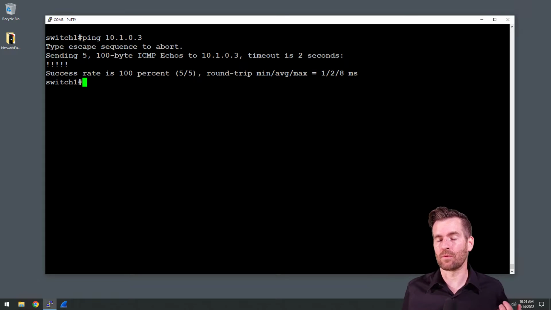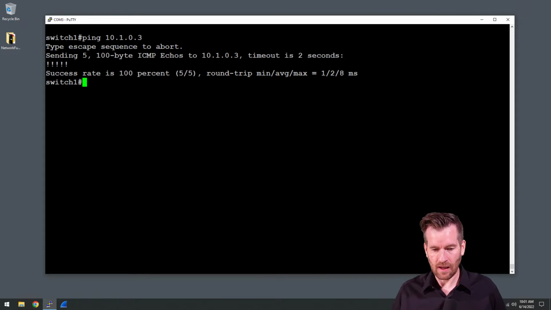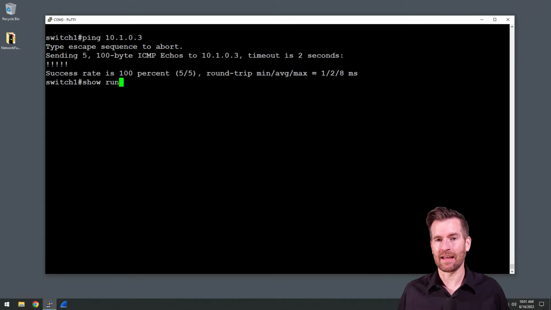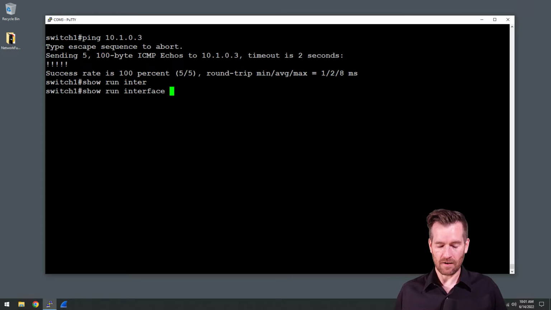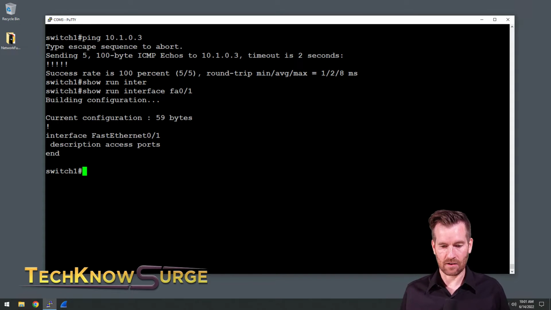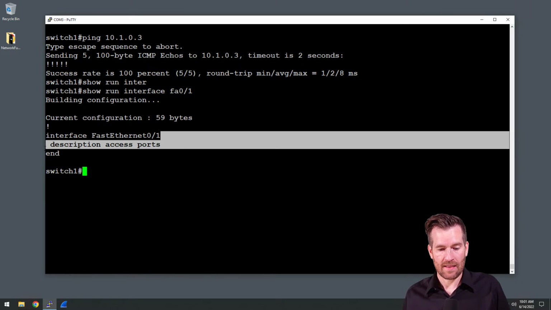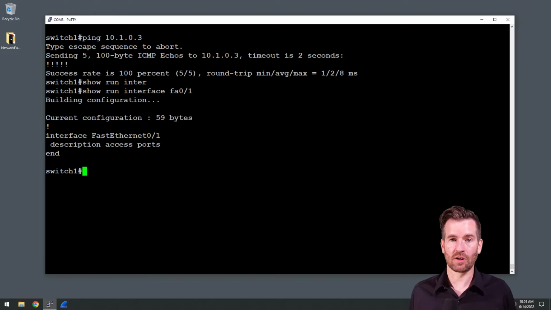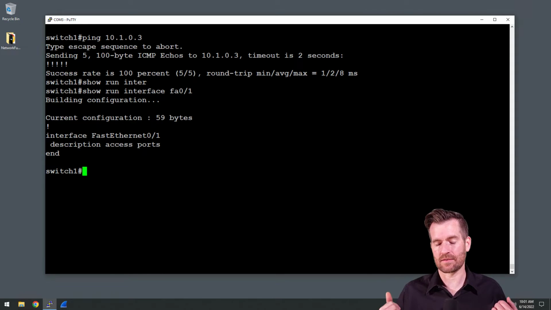But what else could be wrong? Like maybe it's having intermittent issues or something. So let's further take a look at this and see some other commands. One that can be really helpful is the show run command, and this would show the running config. Or we can get more specific and see a specific interface. So I could do interface FA0/1 and take a look at that interface and see how it is configured. So that can be helpful for taking a look to just see what the configuration is as you're going through